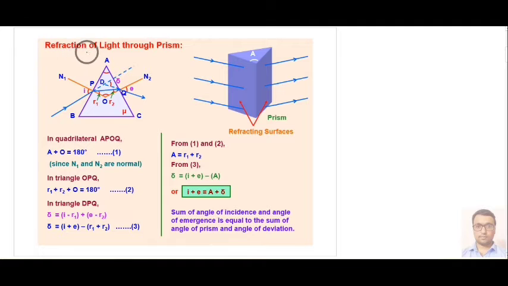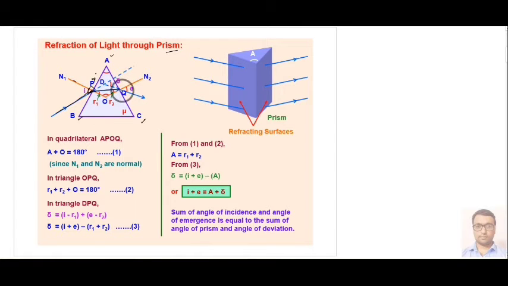Next we have an optical instrument that is called a prism. Here in the prism we have basically this triangular surface ABC, in which one incident ray goes in this direction. It makes some angle, suppose I, with the normal, and the normal, you know, is a line that makes a 90-degree angle with the surface. Then after refraction this ray goes from this point P to Q.